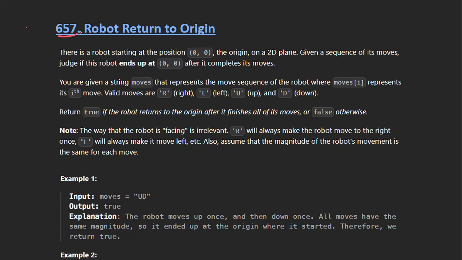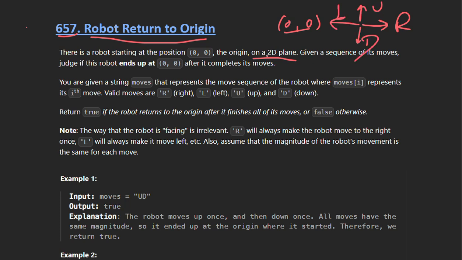Our today's LeetCode question is 657, Robot Return to Origin. In this question, there is a robot that is at 0, 0 initially, lying on a 2D plane, and it can move right, left, up and down. These are the four valid movements that it can do, and we have to return true if the robot